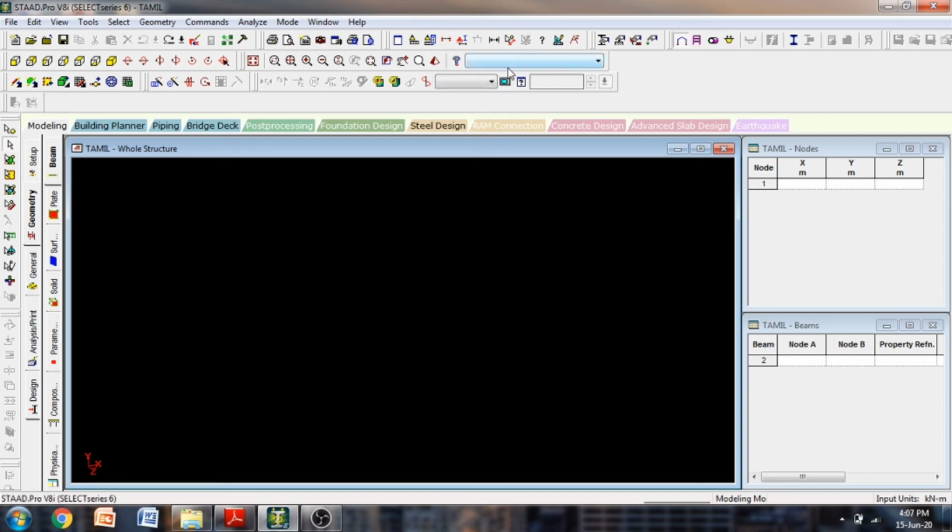Then jumping on to the next thing, this is for add beam. You first have to create a node, then you add a beam which runs between two nodes. A point to be remembered is, without nodes, no beams can be created. The first thing StatPro needs is a node wherever a component is going to settle. So first there must be a node, and only then can you add components like beams or columns.